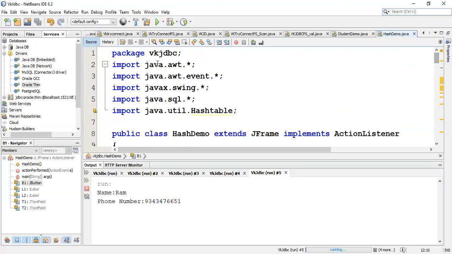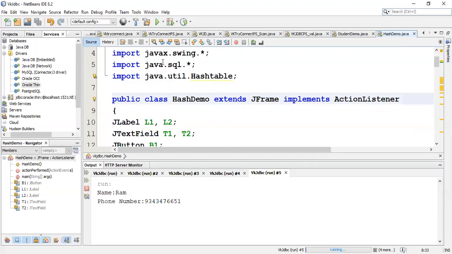For that I will have to use the AWT package because I am using JFrame. Then AWT event because I'm using the button click event, that is action performed. Then javax.swing because I'm using JFrame; AWT is used for the top level container.